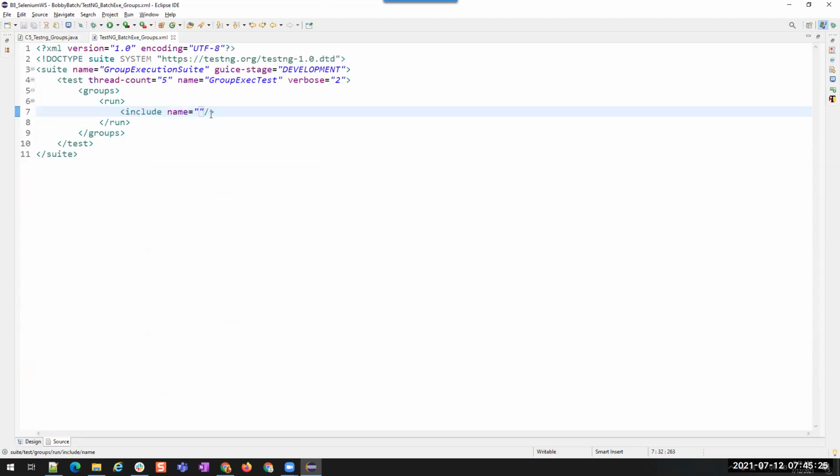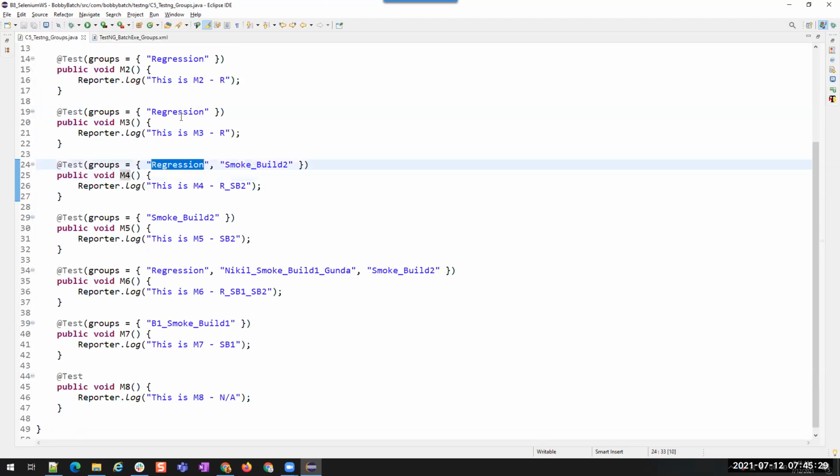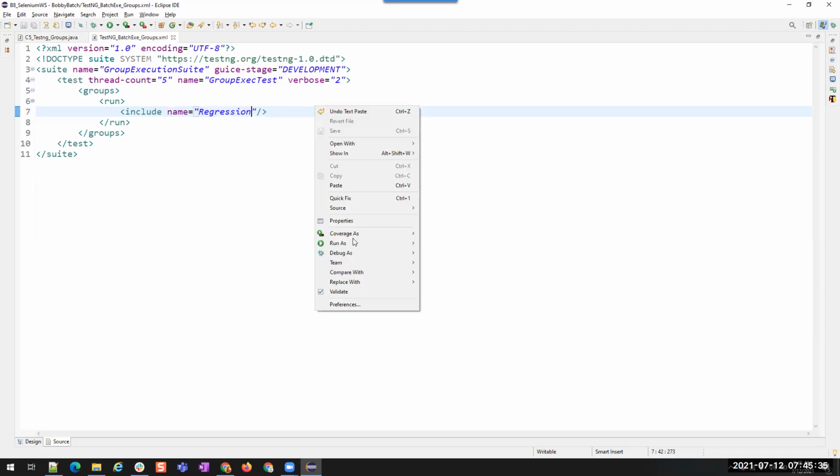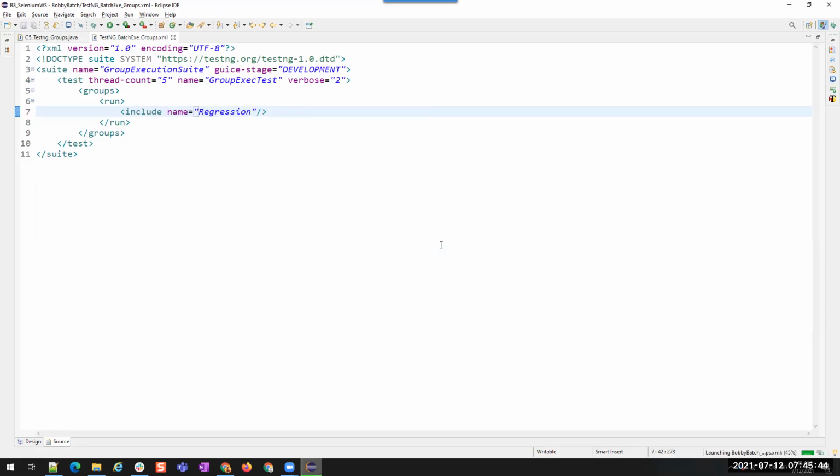Let us see. I have to copy the group name. This is the group name. I'll mention this group. Now if I execute, you will see that it will execute all the test cases assigned to that group: 1, 2, 3, 4, and 6.